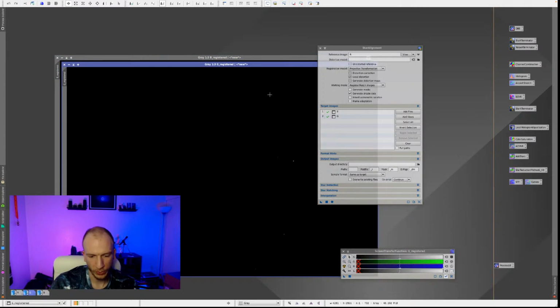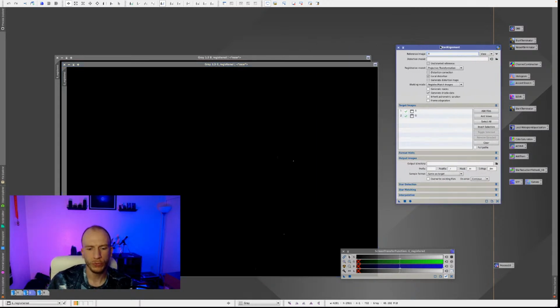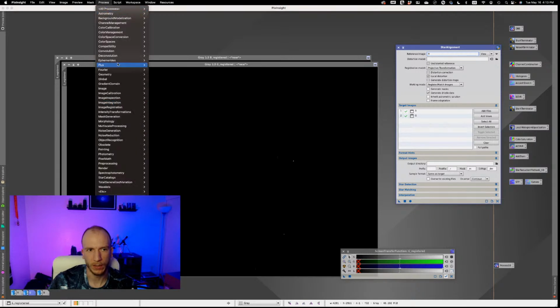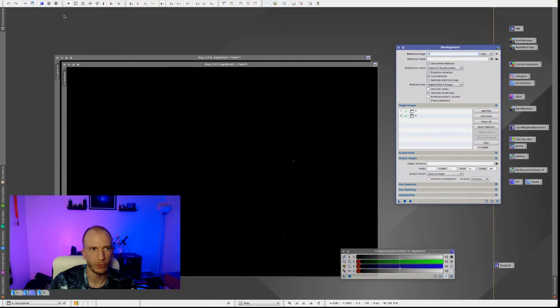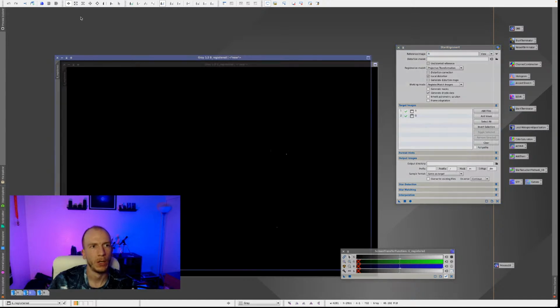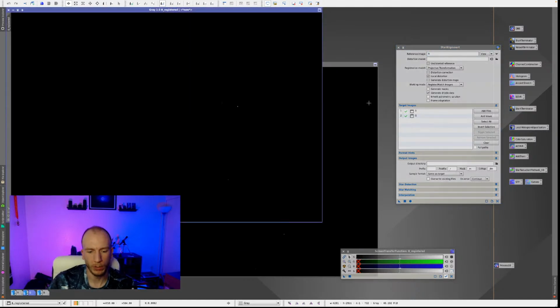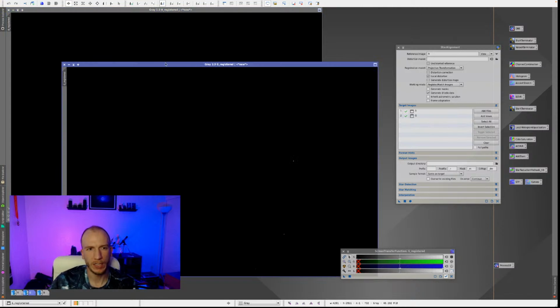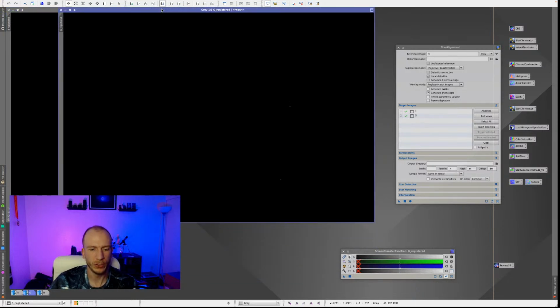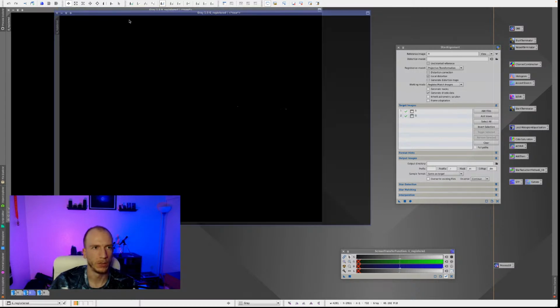Would you recommend doing a color extraction when using a color camera? What do you mean by color extraction? Do you mean like the process color calibration, or do you mean to actually remove the colors using the extractor here? Yeah, RGB. Oh, it depends. I usually don't bother doing that. I guess for nebula it's kind of useful, but if it's just a regular galaxy image, I never bother